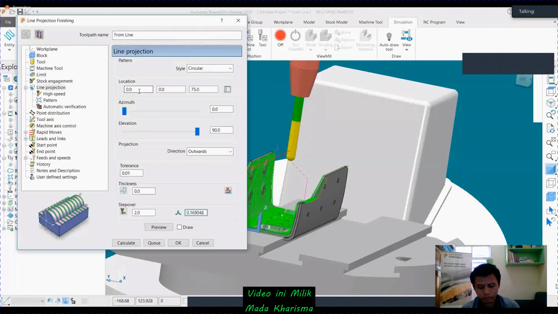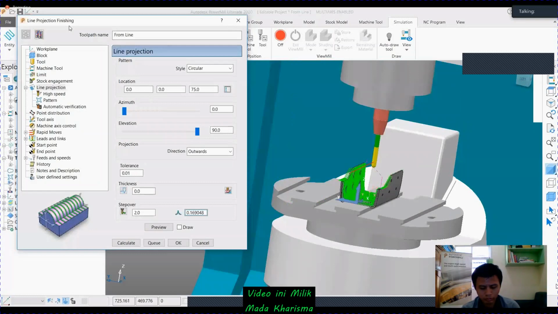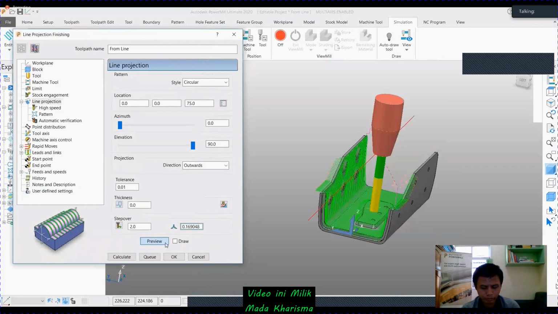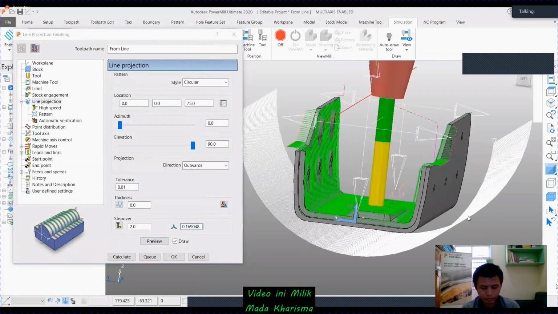Let me just switch off my machine tool for a while, so I can show you more clearly where my pattern is projecting. Just preview it, and you can see where I want to project the toolpath. This is more important. If you are not previewing it, the toolpath will simply go here and there. So it is very clear.